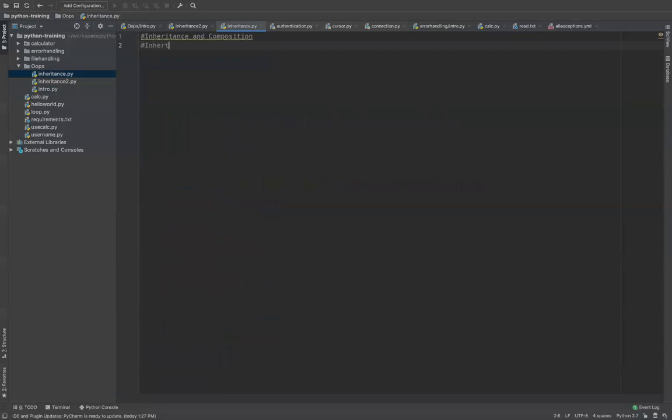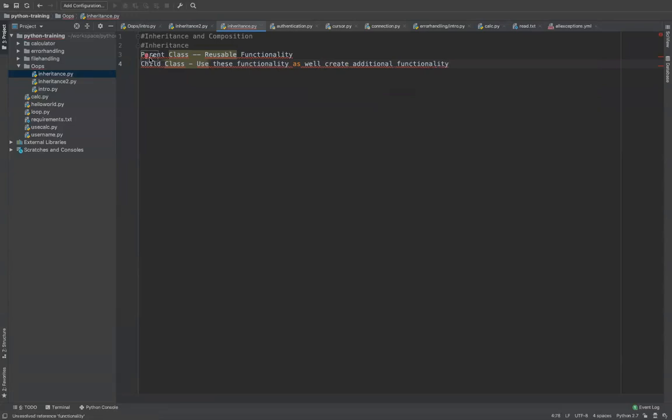Okay, in inheritance you have a parent class where you define reusable functionality, whereas in the child class you use this functionality as well as create additional functionality.